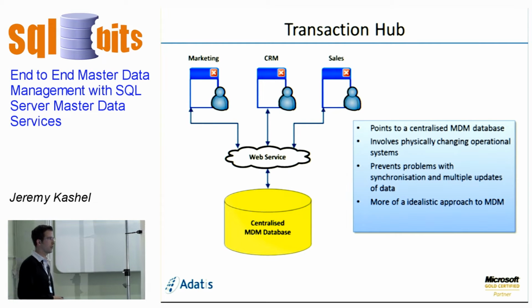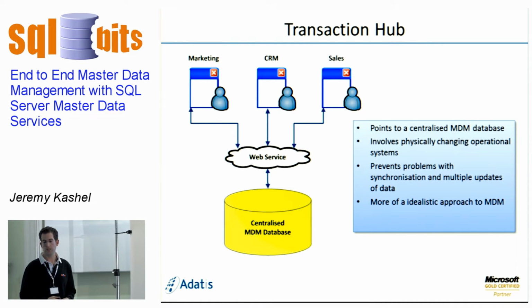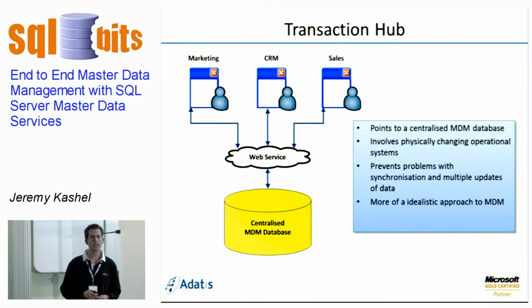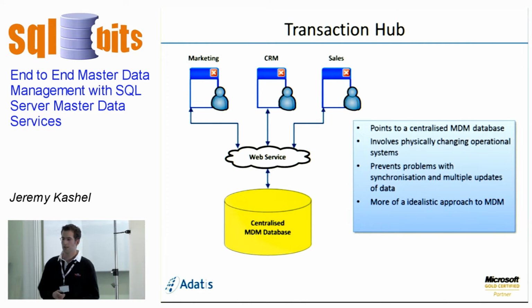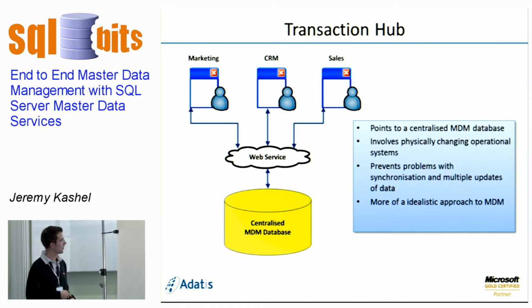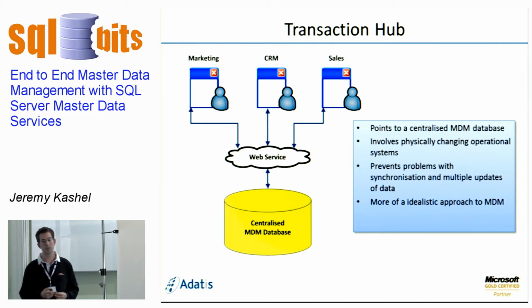This is quite a radical approach to dealing with the problems that we've come across, because believe it or not, it actually involves rewriting your operational systems to point to a new centralized database that holds your master data. So those systems that we've got up there, the marketing system, the CRM, and the sales, they've all got their own individual database originally. And what we're saying with this approach is break that link, at least for the master data entities only, and put in a web service layer and allow that to go to a centralized MDM database that operates a check-in and check-out process for master data entities,